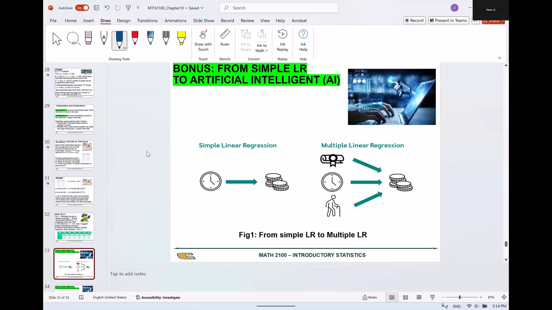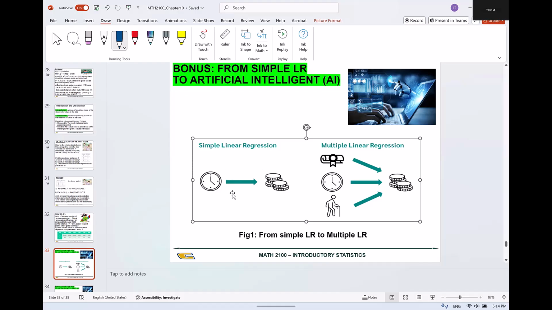So here is a bonus. It just shows us the evolution from simple linear regression to artificial intelligence, which is AI nowadays, right? I believe most of us know what ChatGPT is, and different kinds of AI tools today. And simple linear regression is just the first building block, okay? Two hundred years ago, they used it for simple linear regression. So here we have the very first picture on the left-hand side,